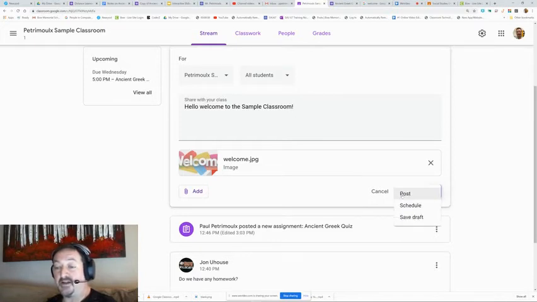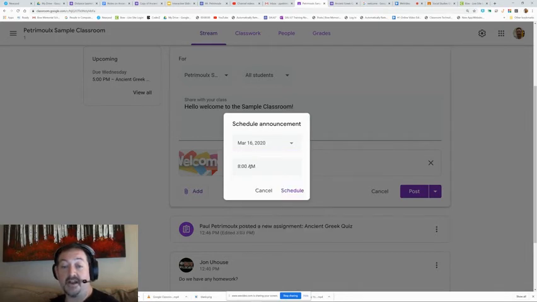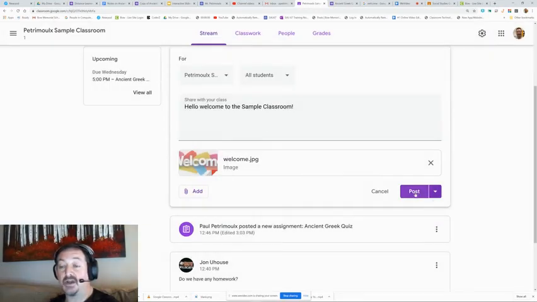So before I post, I have a couple options. I can post it immediately, I can schedule it for a post, or I can save the draft. If I don't have all the information yet, but I wanted to get the draft started, I can save it as a draft and finish editing it later. Scheduling is really handy when you want to plan out your week. So depending on how far ahead you plan things, you can schedule your whole class out and write a new post and schedule it for whichever day you pick on into the next month, and you can even have the time that you want it to schedule. So I'm going to cancel that, and I'm just going to post this just like it is,